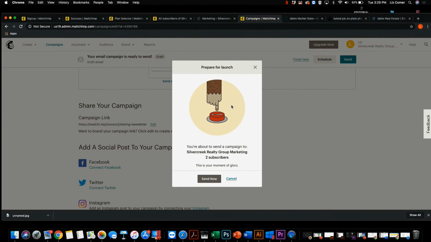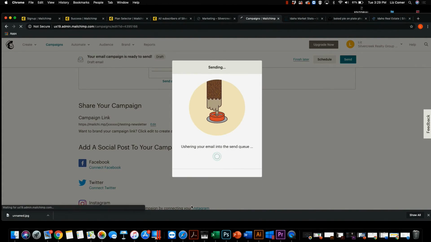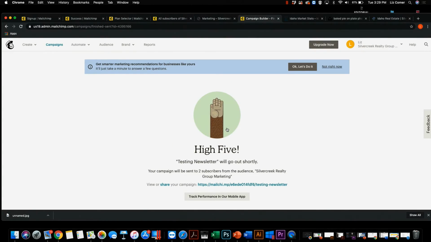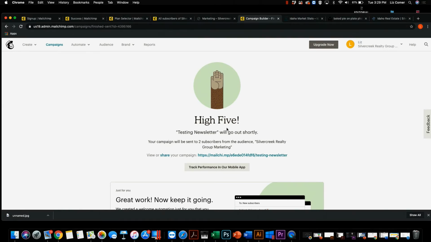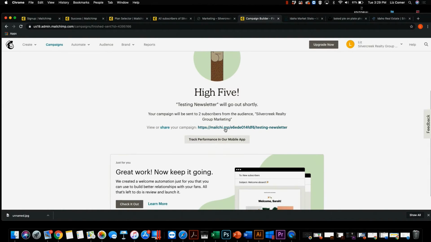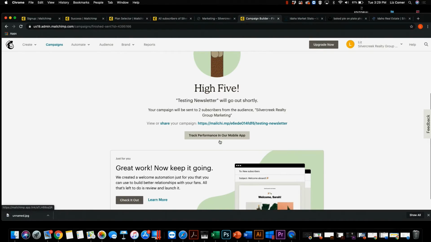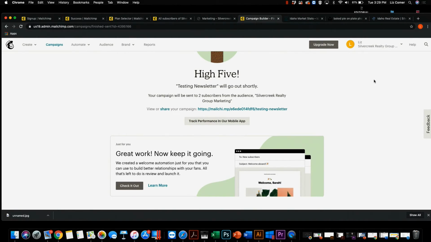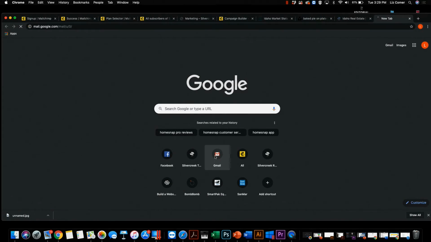I love that they make it really dramatic with this little monkey dude. But it really is kind of nerve-wracking to send it for the first time. Fortunately, I'm just sending it to myself, so we'll see what that looks like. And then I can see a little pat on the back. We love Mailchimp. Download the mobile app so that you can see who's opening your emails. It's pretty great. I'm going to go over to my Gmail,